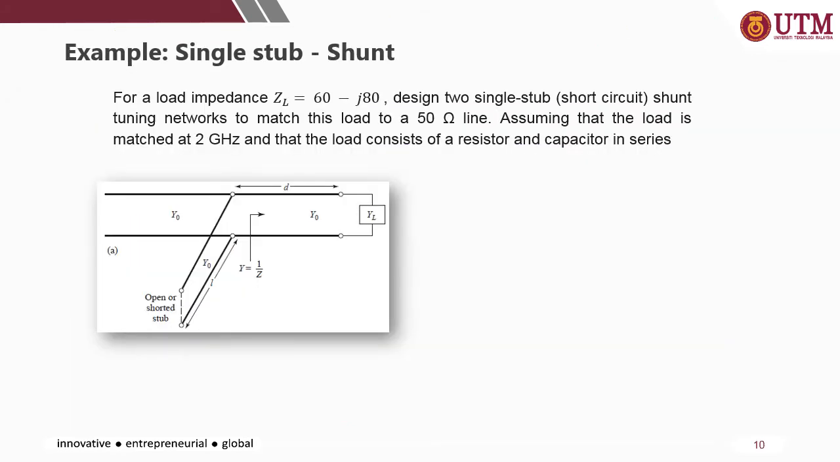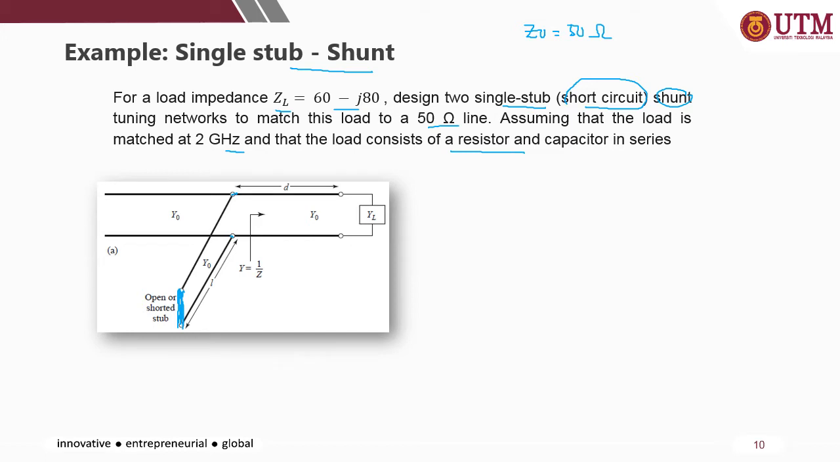Let's look at an example for single stub shunt. For a load impedance ZL equal to this value, design a single stub short circuit. Okay, it is shunt, so it is parallel, so this configuration, and then it is a short circuit stub. Okay, short circuit stub. So we will be using admittance Y, the inverse of Z, to match a load to Z0. Okay, Z0 equal to 50 ohm. Assuming that the load is matched at 2 GHz frequency and consists of a resistor and capacitor in series. Okay, so the first step to solve this